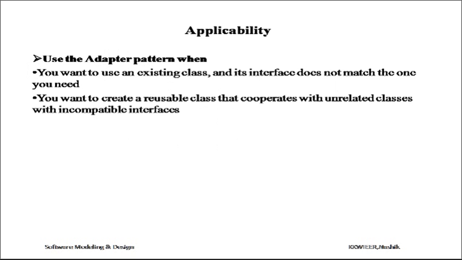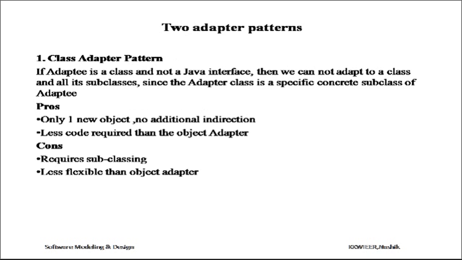The applicability, where it can be applied. We can use this pattern when you want to use an existing class, but its interface does not match the one you need. Or you can also use this when you want to create a reusable class that cooperates with unrelated classes that have incompatible interfaces. The two adapter patterns are the class adapter pattern